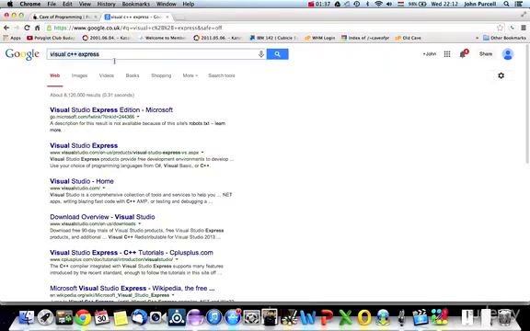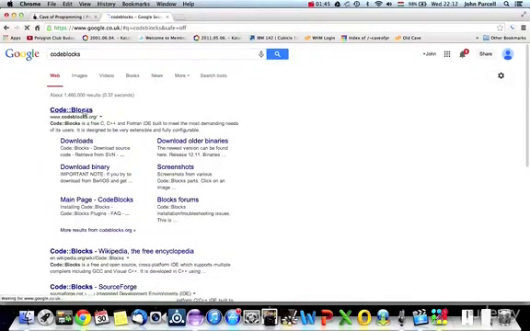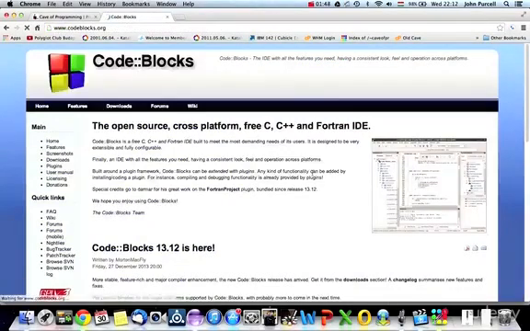Also on Windows, if you want a really simple solution to get started with, you can use Code::Blocks, and I believe that can automatically download a compiler for you. So Visual C++ comes with its own compiler, and I think that Code::Blocks can also download a compiler for you. These are actually integrated development environments. So those are two possibilities, and there are others. But what I recommend you to do